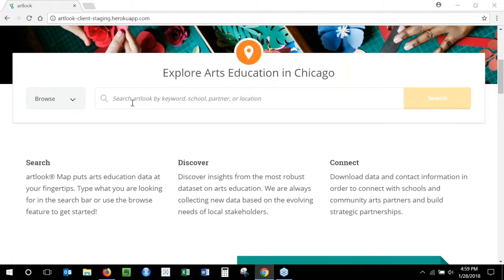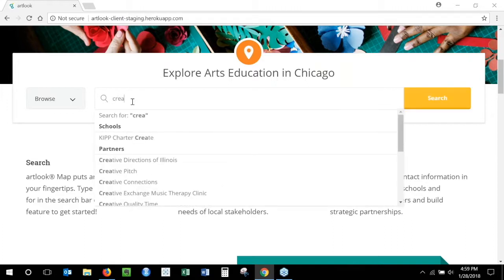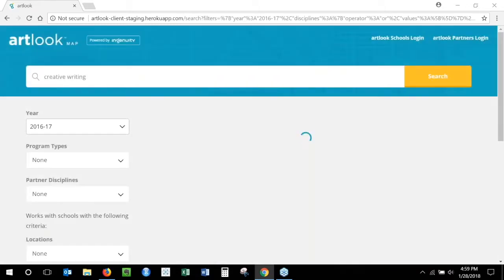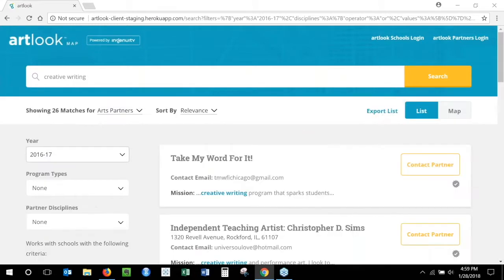For now, let's imagine that we're not quite sure where to start. In this case, simply use the search bar to type what you're looking for. We'll type the phrase creative writing and click enter. You will then land on the search results page with a list of arts partner organizations that are focused on